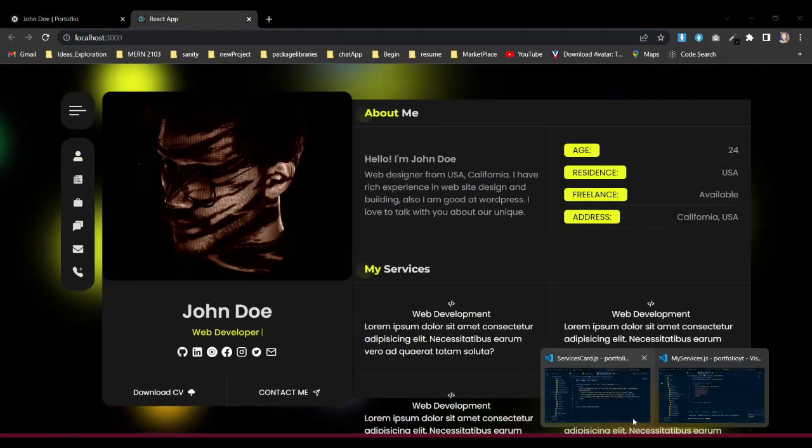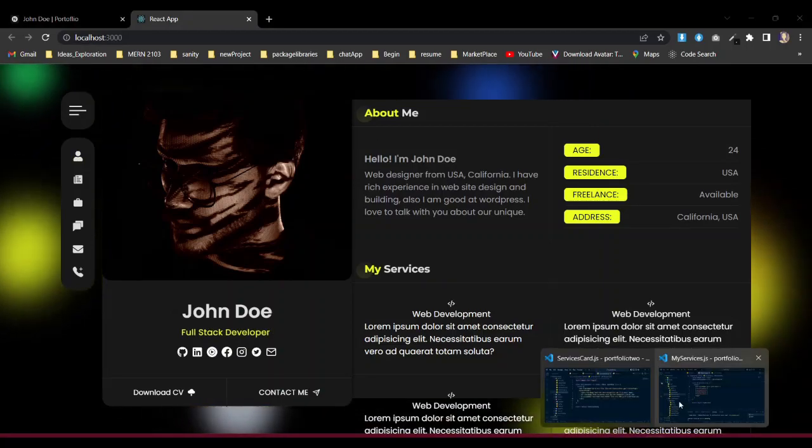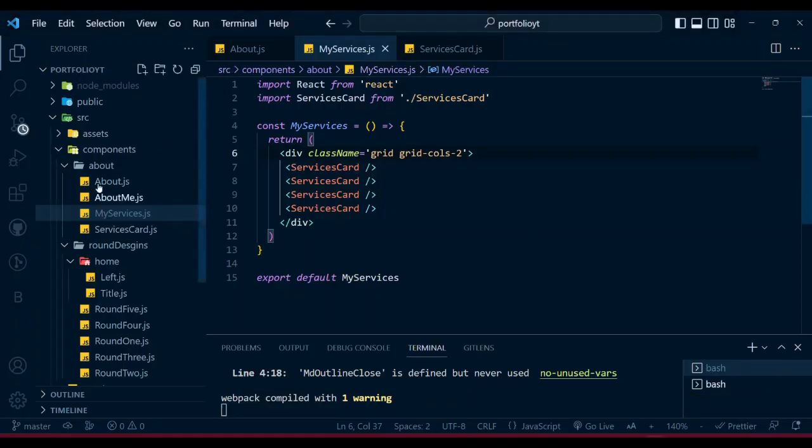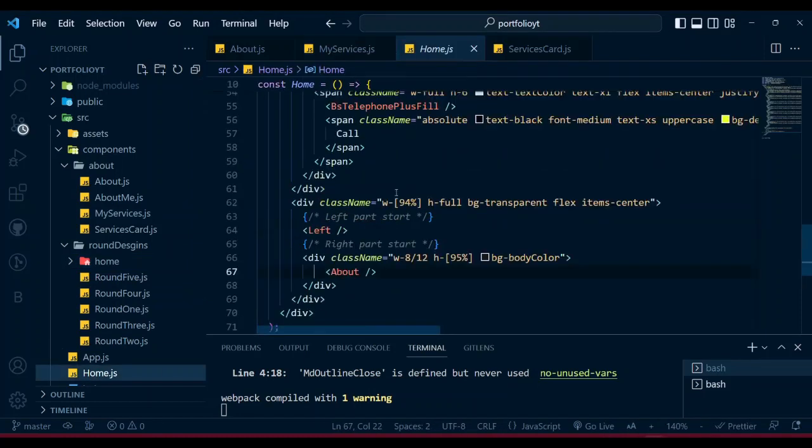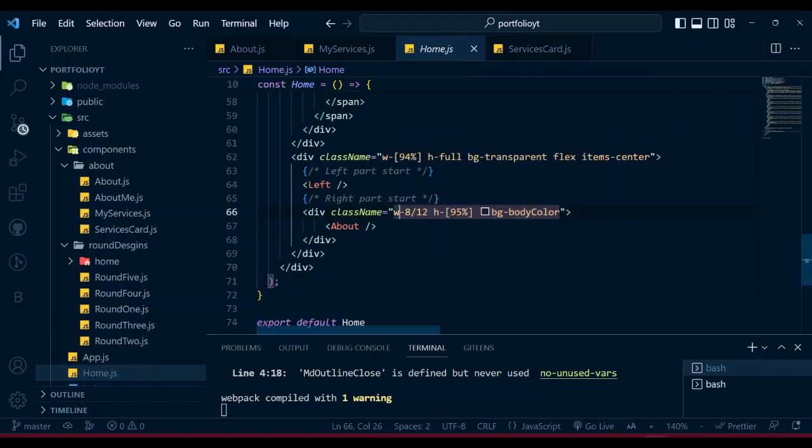So where can we do that? We can do it in our home.js. If we go back to our home, I think it's in the right part over here. So here we need to make some changes. So what I'm gonna do in here,